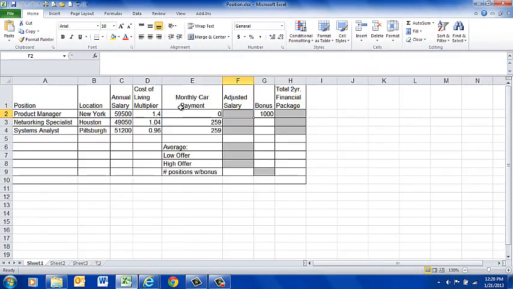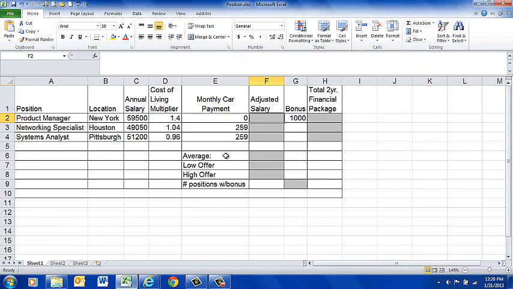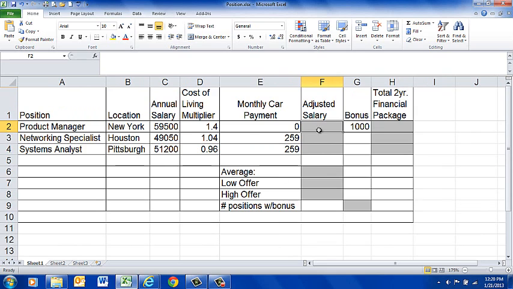and I'll make my screen a little bit bigger, so hopefully you'll be able to see it a little better. So here's the adjusted salary, and they want us to calculate the multiplier. So we have the annual salary. All I'm going to do is indicate to Excel that I want to start a formula. So I hit the equal sign, and then I'm going to click on cell C2,